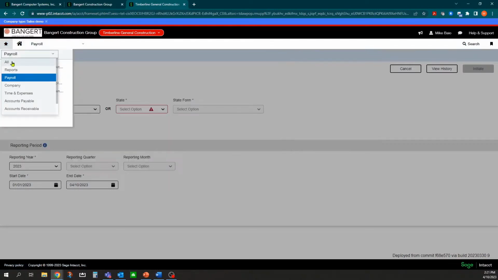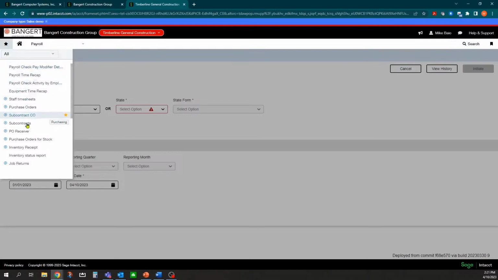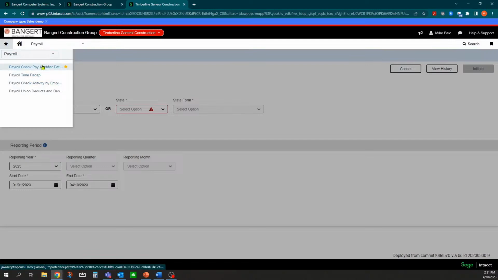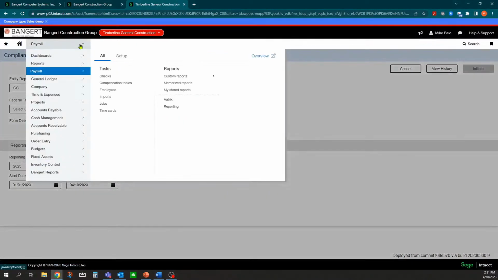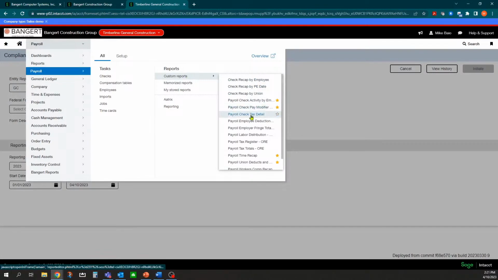You can see your favorites for all the areas in the system. You can also just switch it to just payroll, and you'll notice now I can get just the 4 reports for payroll that I always use right here on my favorites menu. I know exactly where to go to get to them, and you can click it from there. So that's probably the most common use for selecting which reports you'd like to run on a day-to-day basis.